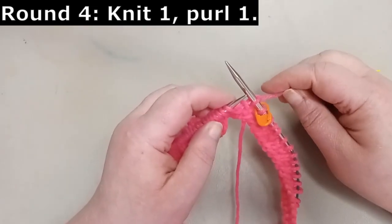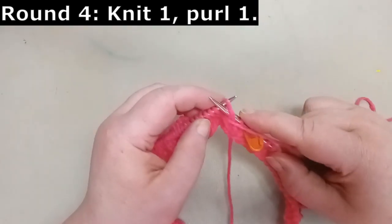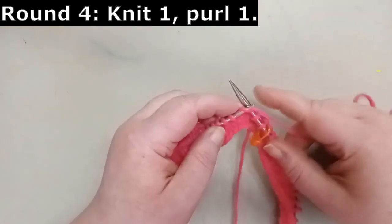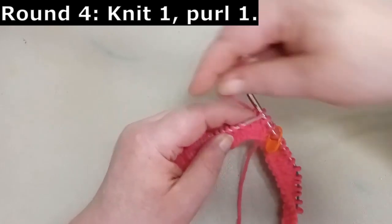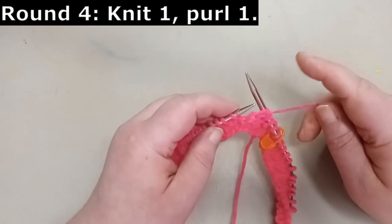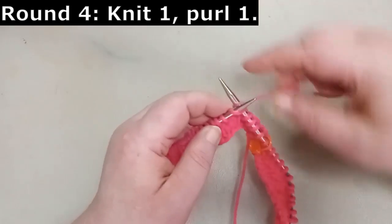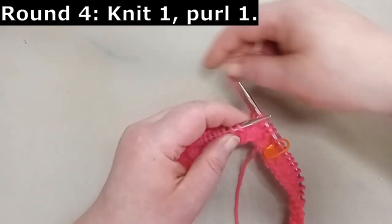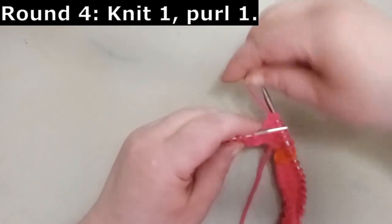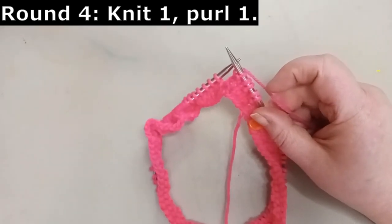Next stitch is a purl stitch, yarn in the front. The knit stitch, yarn in back. Purl stitch, yarn in front. And we just keep going all the way around. Knit stitch, yarn in back. Doing knit stitch, purl stitch. Purl stitch, yarn in front. All right, so just keep doing knit stitch, purl stitch all the way around, and we'll meet back up at